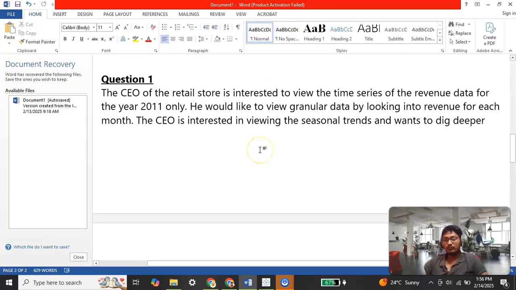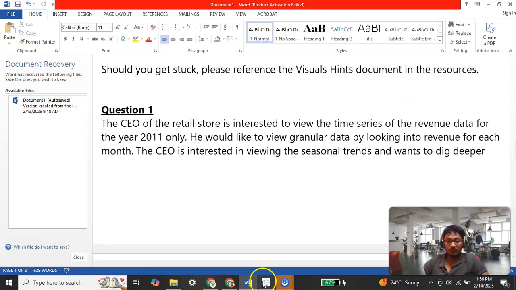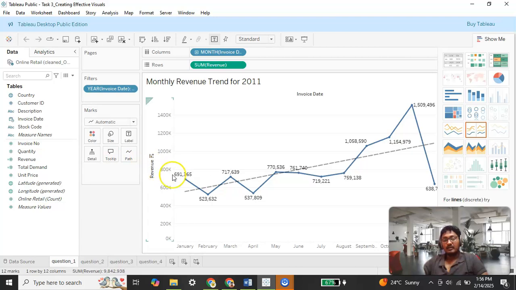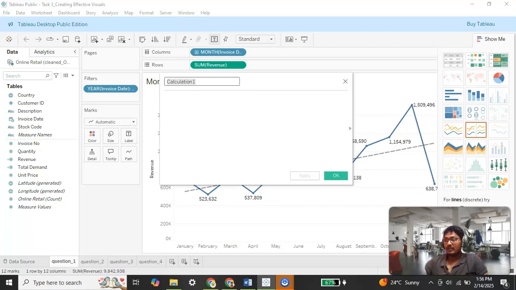So basically, what I understood from this question is that the CEO wants to see the monthly revenue data for the period of 2011. The first thing that I have done is create a calculated column by the name revenue. For doing so, I went here and created a calculated field,